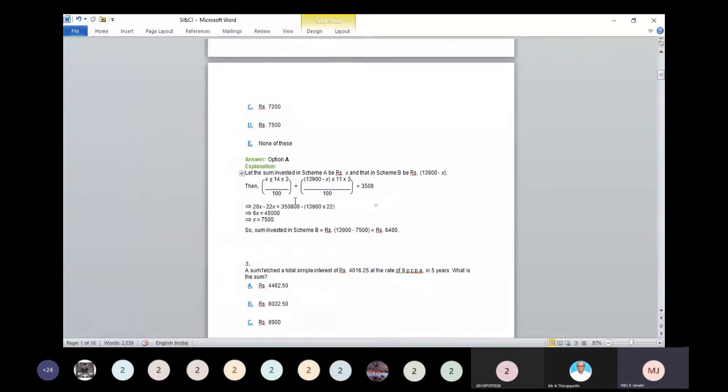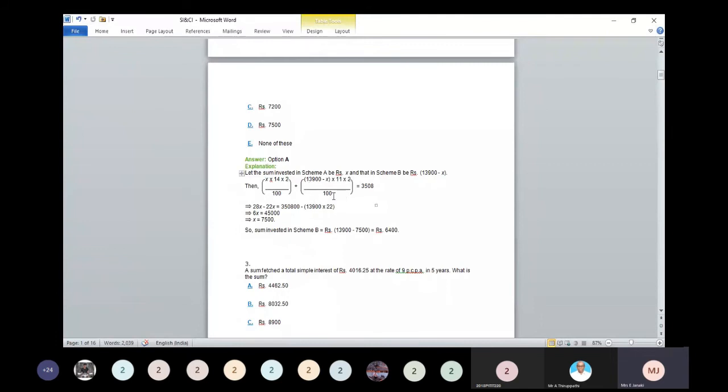3,508. For first scheme A, calculate the simple interest. What is the formula? P into R into T divided by 100. So what is P here? The principal amount for scheme A, so X, R is 14%, right? So 14 divided by 100 into the period, which is equal to 2. Using this formula, you can calculate the simple interest for scheme A, plus